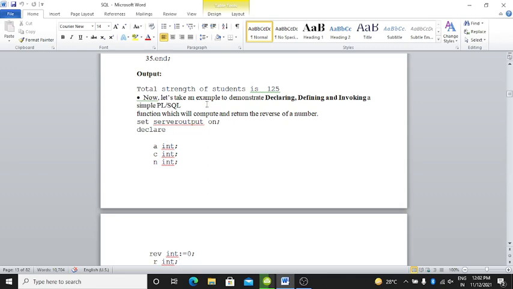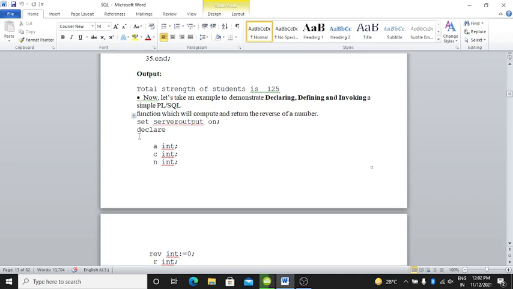Now let's take an example to demonstrate declaring, defining and invoking a simple PL/SQL function, which will compute and return the reverse of a number.